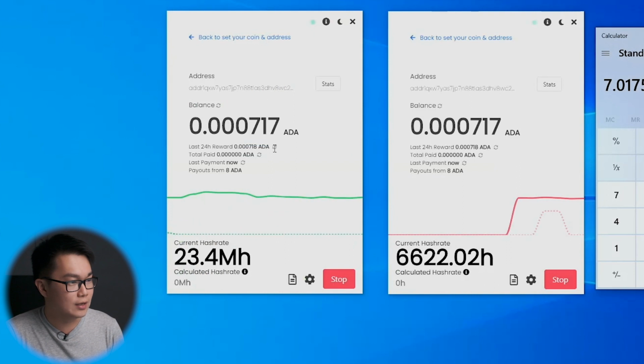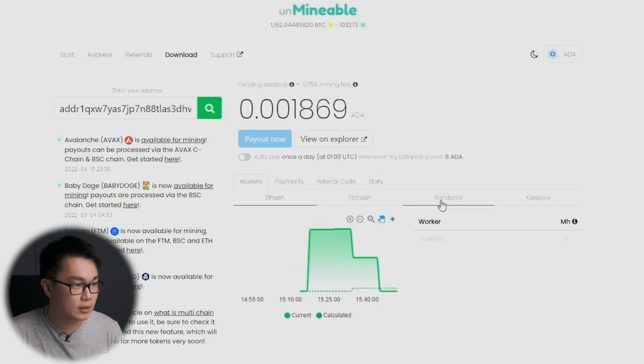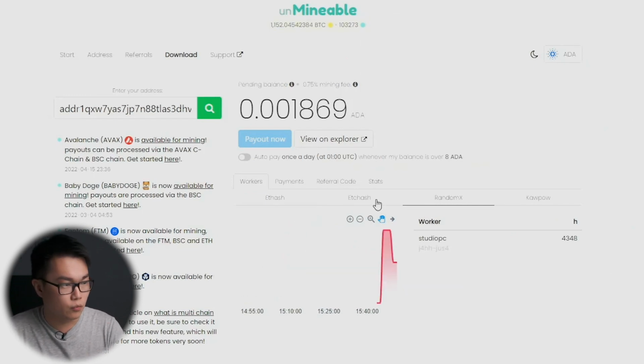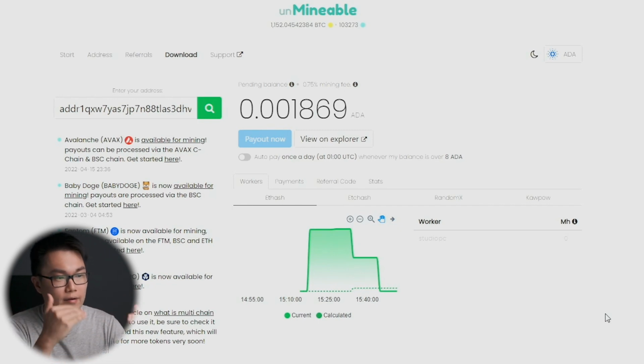All right, so it is still mining, so it will just take some time for the website to update the progress. Okay, so we have RandomX and Ethash. So here is where you can see your mining progress. So again, because I'm doing this tutorial in less than an hour, you would need a couple of minutes at least, or at least an hour for everything to reflect normally in this